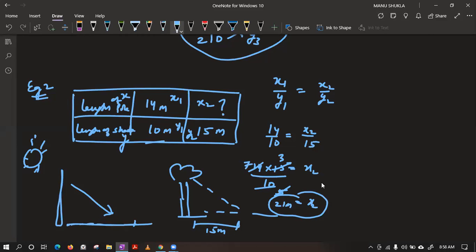The length of the tree is 21 meters and the shadow cast by it is 15 meters long in the same conditions. Means the time is the same, because we all know that when the time changes, the length of shadow also changes. In the morning and in the evening, the shadows are longer. During the noon, it is smallest. Okay. Now